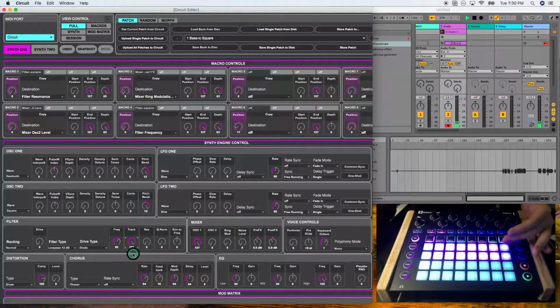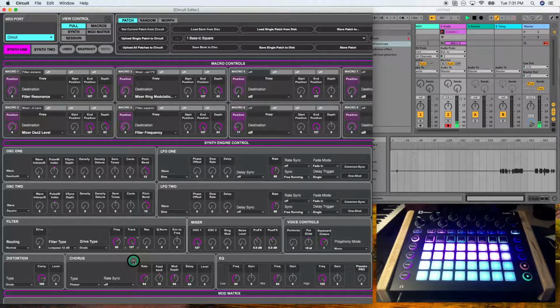And if I reduce the tracking, it will dull the sound. So it provides a little bit of balance with your keyboard. As you go lower, the filter cutoff grows, and as you go higher, the filter cutoff shrinks. A lot of times it's good to have filter tracking on because it adds a bit of balance to your keyboard.